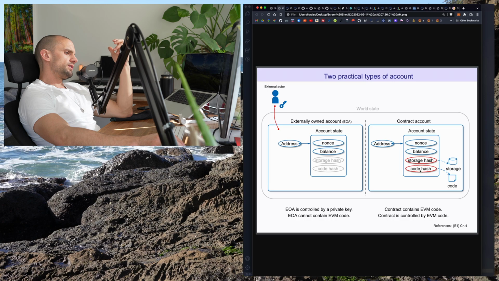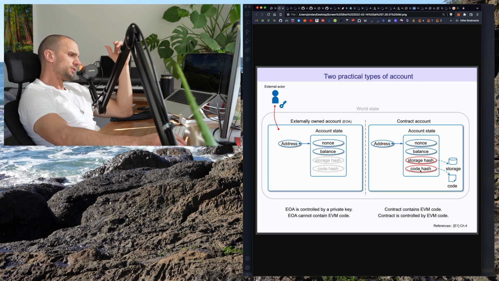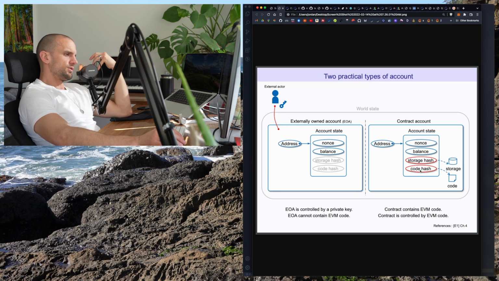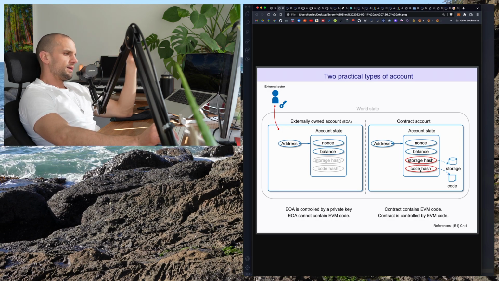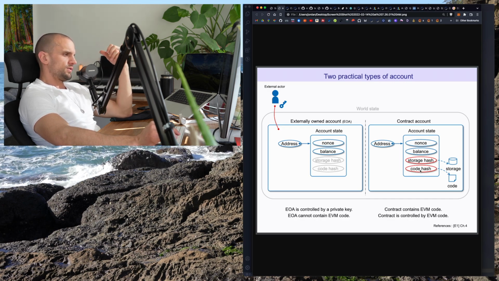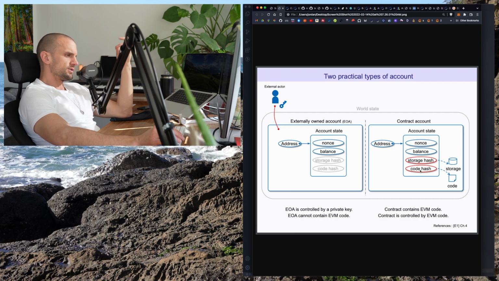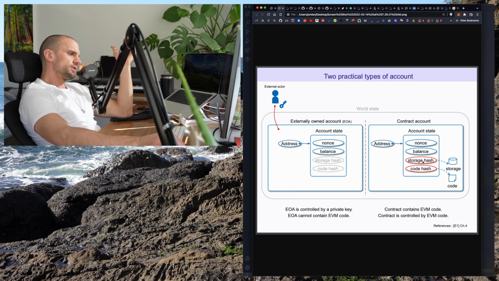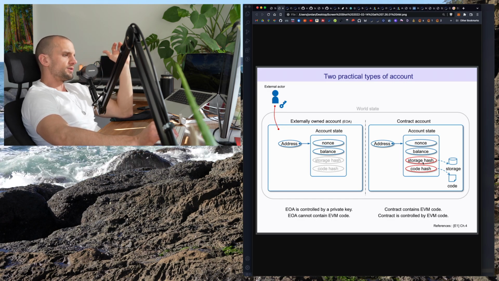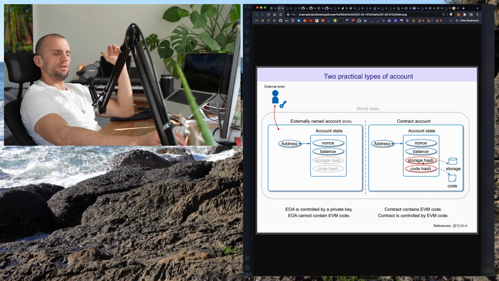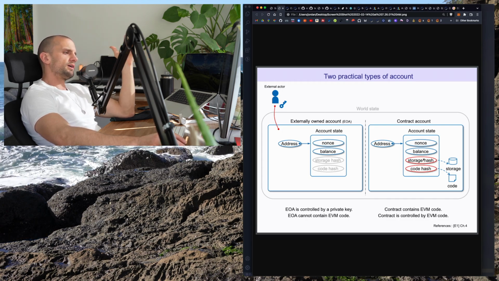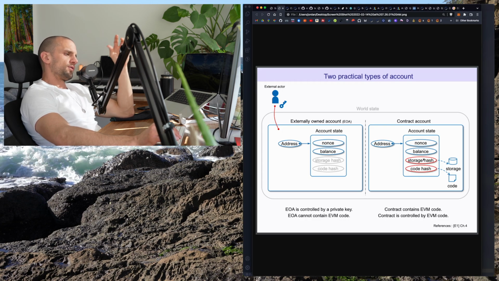And if it conforms to the ERC20 standard, you'll have to implement a certain set of functions that give you some basic info like the name. I think the name's actually optional, but you'll have to have a transfer function so that other contracts can know how to perform transfers and so on. And then the storage, in the case of an ERC20 token, will keep track of all of the holders. So the storage will essentially implement a little ledger,